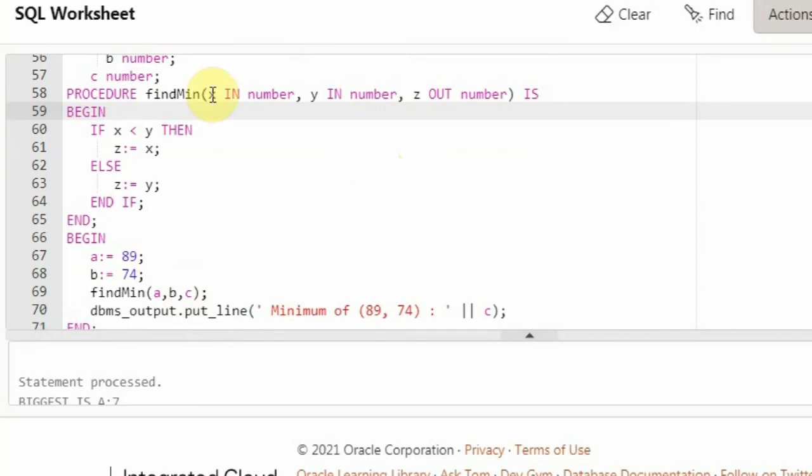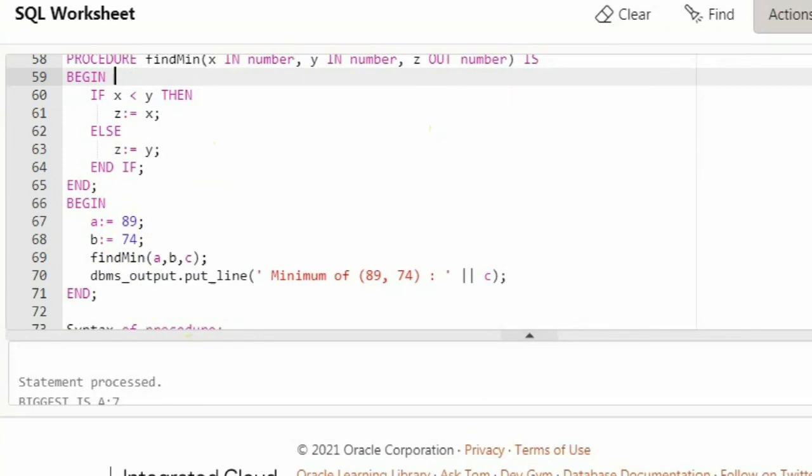One more thing that you need to remember is that x and y, once they enter into the function, act like a constant. So you cannot change the value, you can just use them. But z, you can say, and a, b, c outside the function are of the PLSQL block, you can change them accordingly, you can reassign the values. But here inside the function you cannot change the values of x and y.